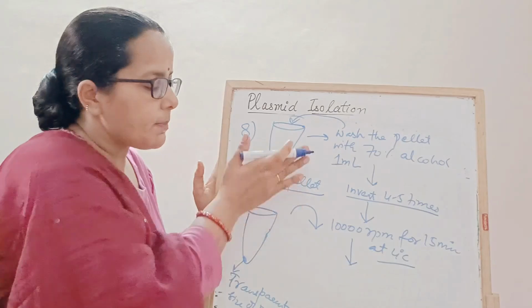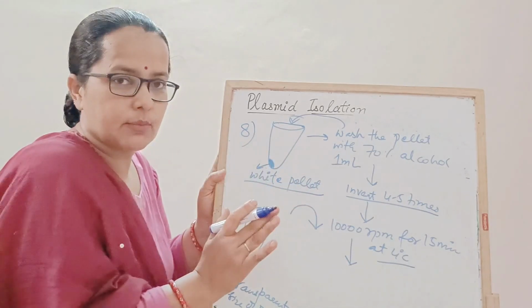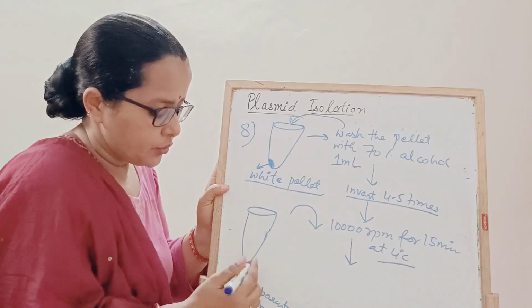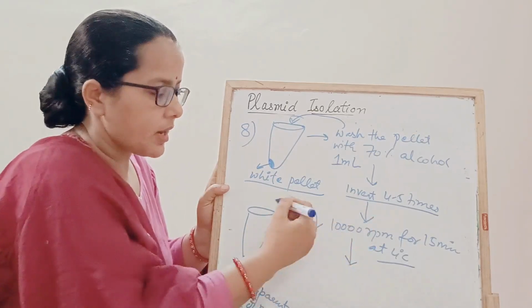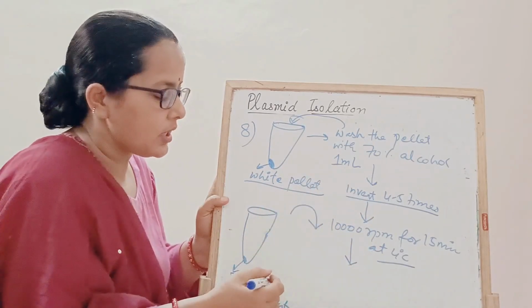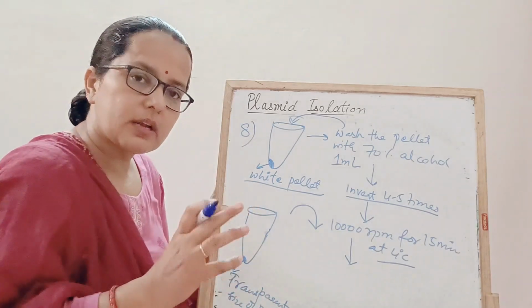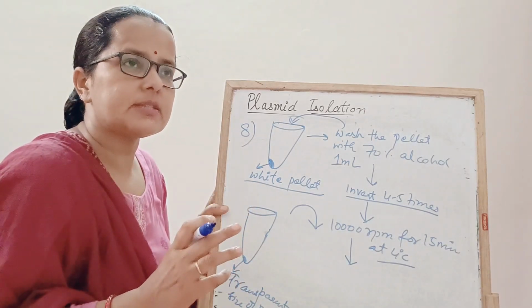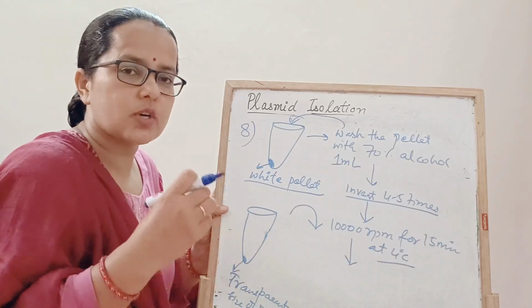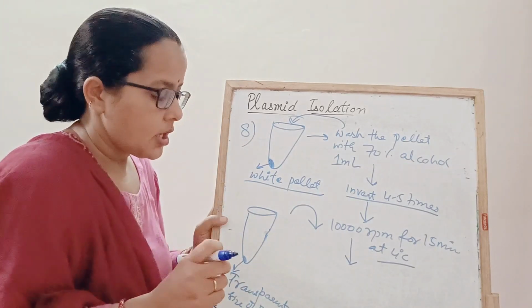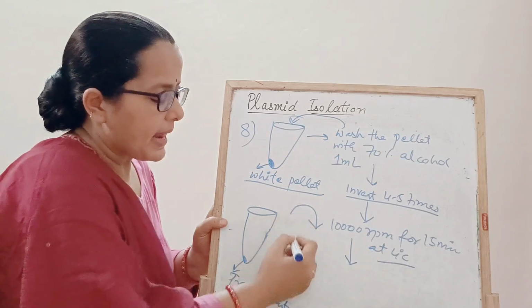So all the salts will precipitate along with this DNA molecule, these plasmids. Now you have done washing after addition of your 70% alcohol. आपने क्या कर दिया? उसको wash कर दिया. Wash करने के बाद the color of the pellet will change. Color means it is not white, it is towards the transparent, or the size will reduce to just a dot-like structure. So now your pellet is washed.